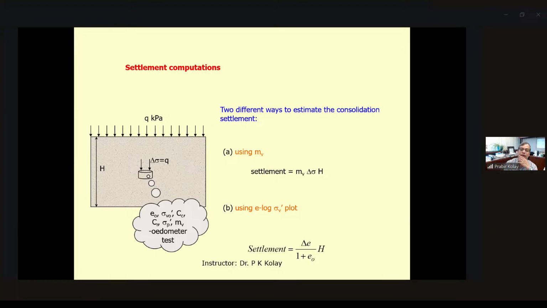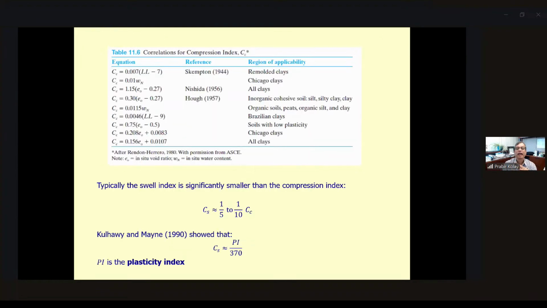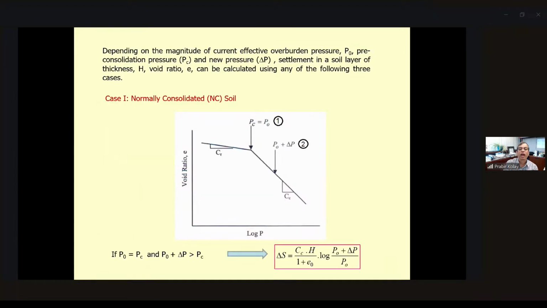There are three types of settlement you can calculate. The compression index, you can calculate from the slope of the virgin compression line. As I mentioned, there are some relations between the compression index and the recompression index or swelling index. When the data is not available, you can use these. And this is the settlement calculation when you have